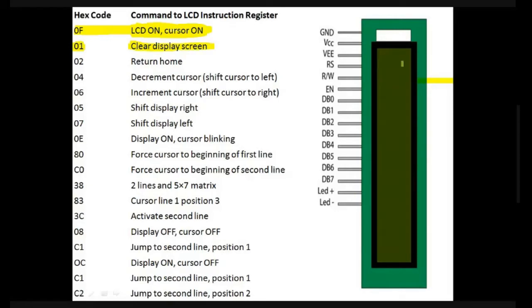Whatever previous data is there, after giving 01, the whole screen is cleared out.